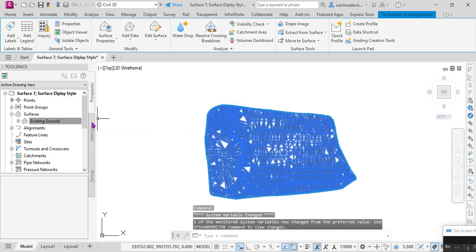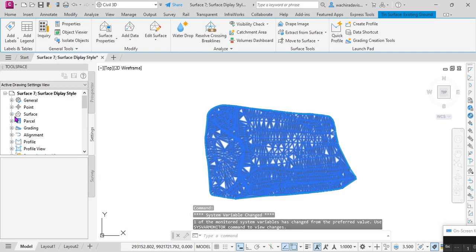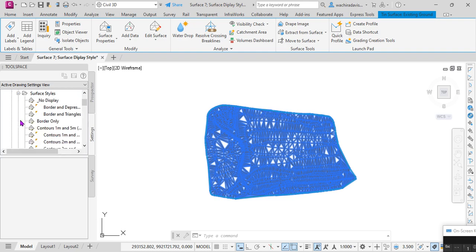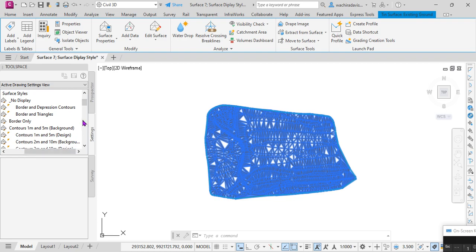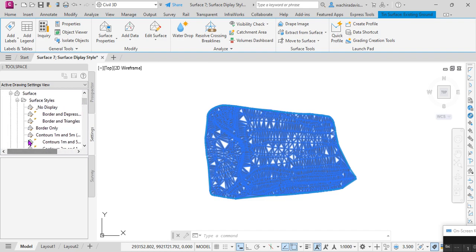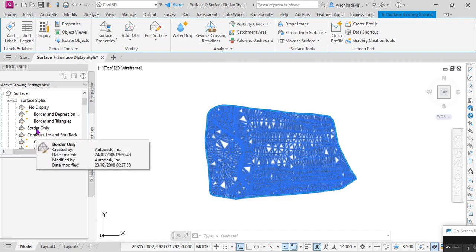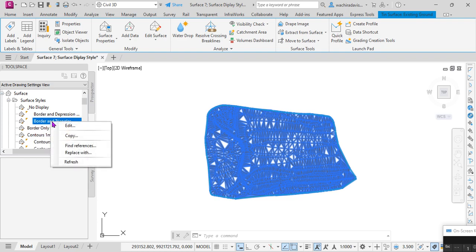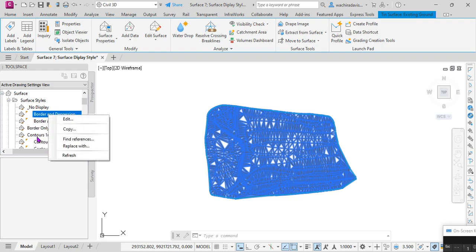Now let's proceed to the settings tab, and then expand the surface styles. So we have the various surface styles collected at this particular point, and you can scroll. All the surface styles that we have created have been placed at this particular point. If for example I want to change the border, I can right click and then you click at edit. So in this case you'll be editing a surface style,